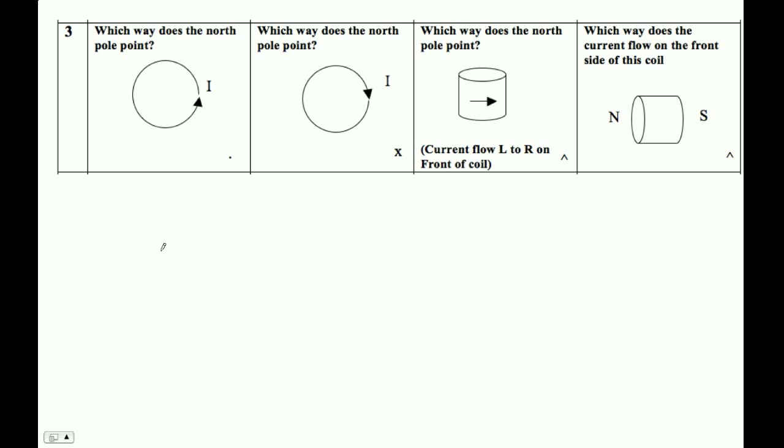Okay, so this one is for the North Pole of a loop. Basically the rule is this. For this one, it's kind of like the opposite of the last rule, right? What you do is you wrap your fingers